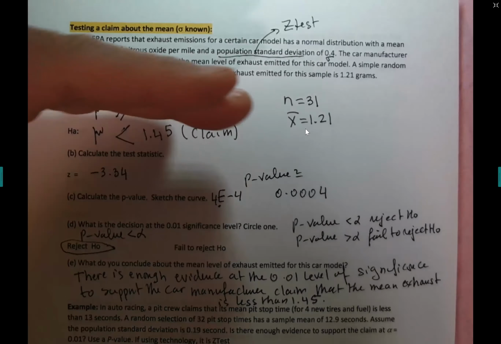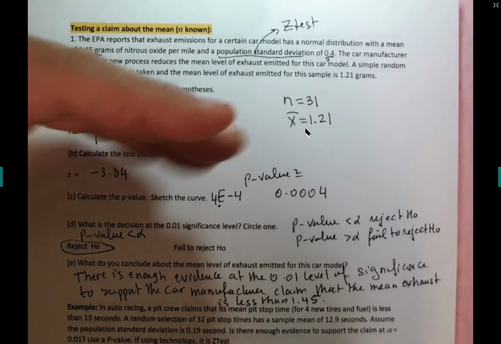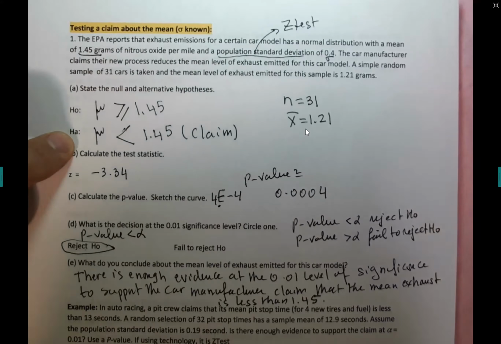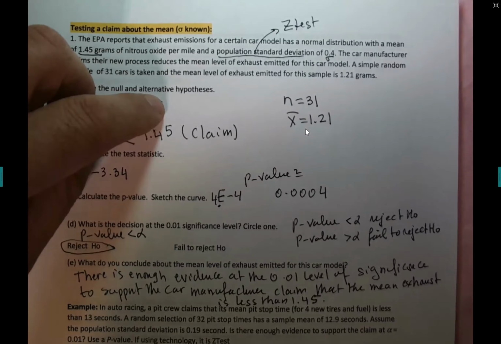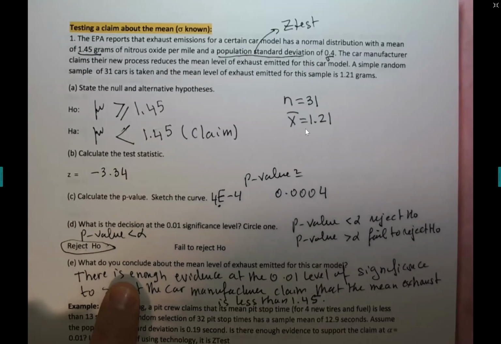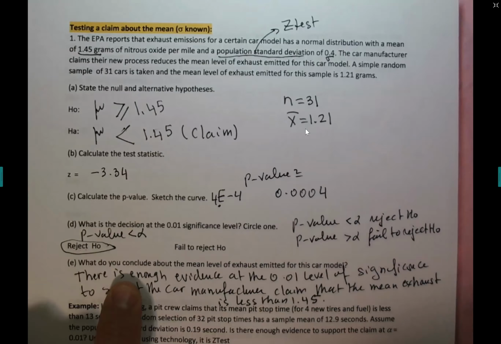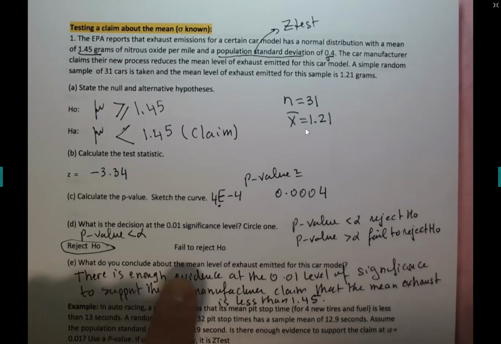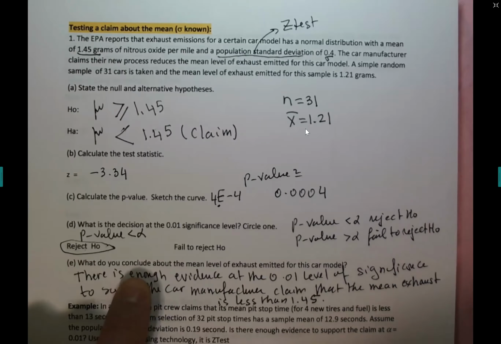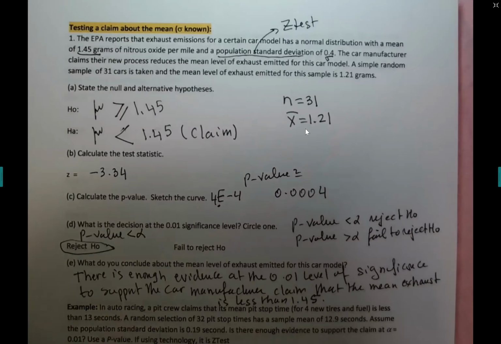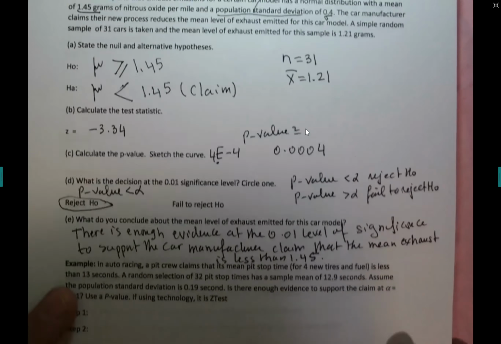Always, guys, when you reject the null hypothesis and the claim is in the alternative, you say there is enough evidence to support the claim. If you don't reject the null hypothesis, guys, you just add there is not enough evidence at the 0.01 level of significance to support the claim. So you don't change much in the language except of just putting not enough evidence. So anytime you end up failing to reject the null hypothesis, you start with there is not enough evidence. Let's see that in the next question.